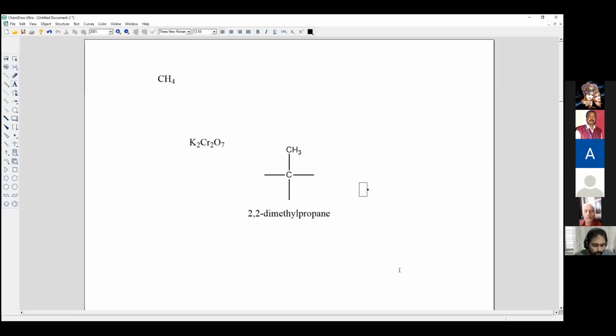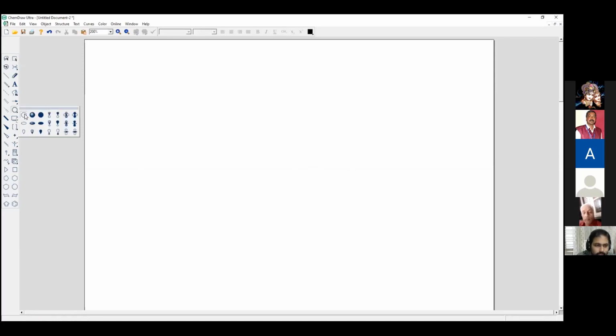Now let me show you one more option here. When you are explaining about orbitals, that option is also available here. See, I have got the s orbital. Hope you can see my screen. I have got the p orbital like this. I can draw the orbital of dz square like this. You have a donut in the center. And I can draw the s orbital.